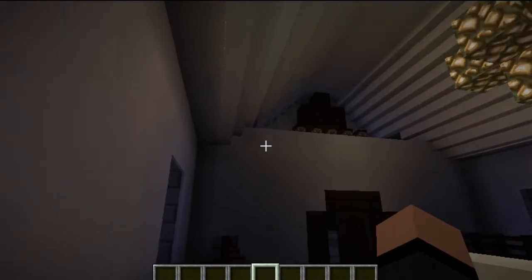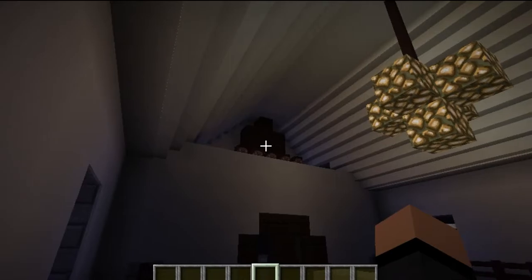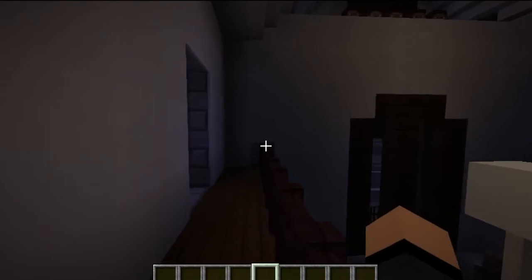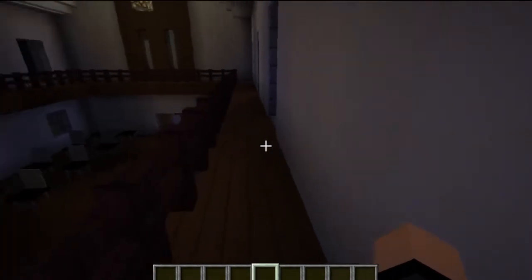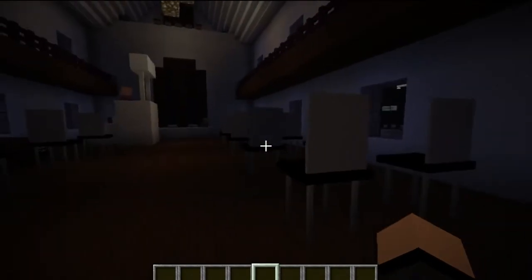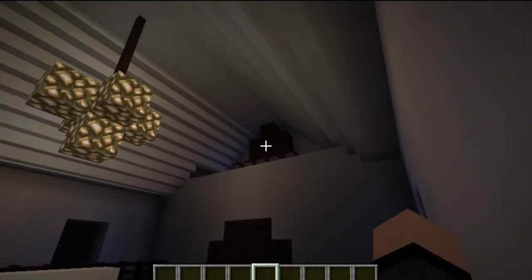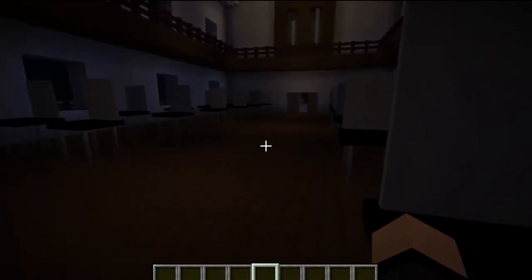And then I forgot to remove the people there. They're just staring down creepily. Is creepily a word? I don't know. I hope it is. So yeah, they're just gonna stare down at us. So yeah, we will fly on down here. So yeah, that's pretty much it for the church. We'll go up here real quick. Damn creepy Steve heads. So yeah, we will go out the back door